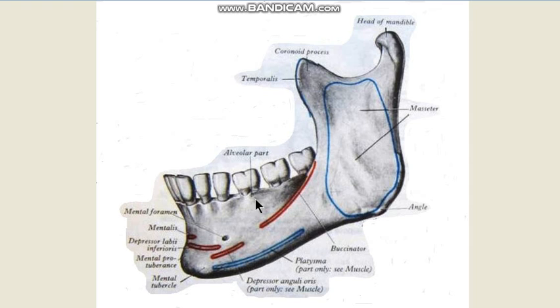And as you have the alveolar process over here and the alveolar arch, this portion of the mandible is covered by the mucoperiosteum of the gums. So just as you have the teeth, the sockets of the teeth and the roots of the teeth within the mandible, so also this entire part of the bone is covered by the tough mucoperiosteum of the gums.